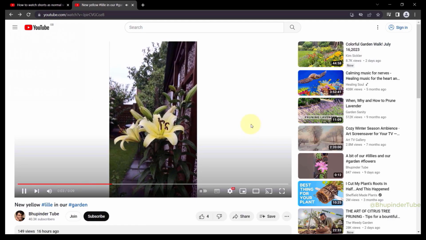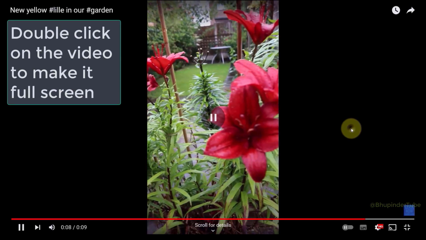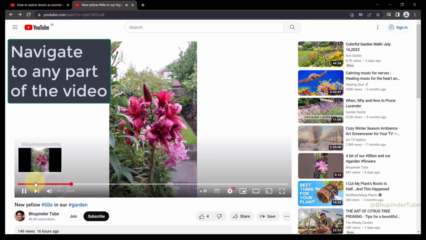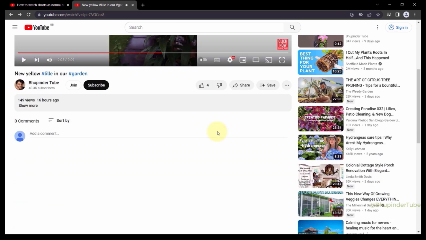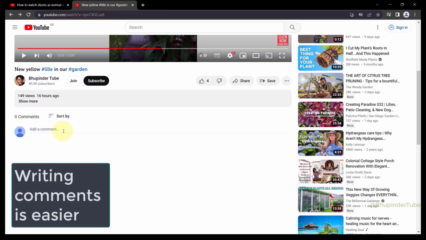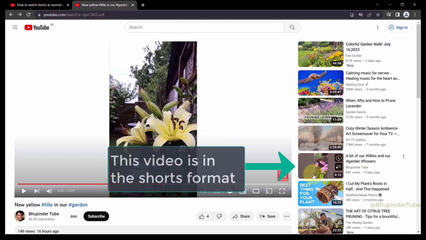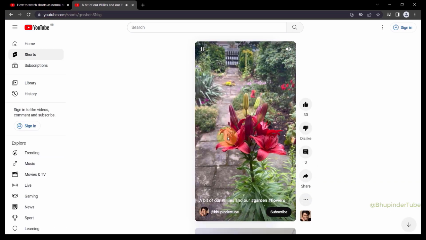Now you can easily double click on the video to watch in full screen. You can easily navigate to any part of the video, and it is also much easier to comment on the video. But if you click on another video that's in the Short format, YouTube will change the format back